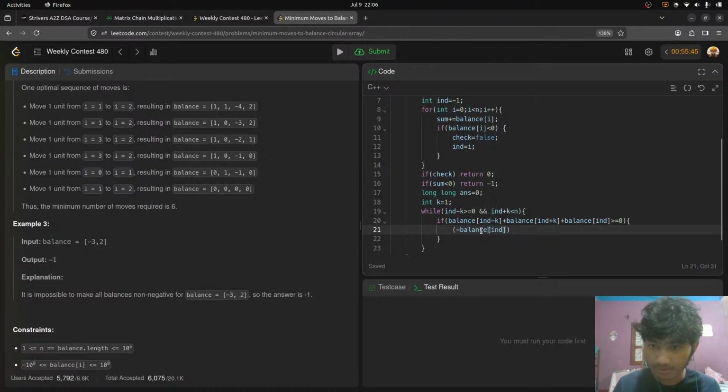this once, how many times? K times, right? 1 time or 2 times or 3 times, whatever it is. So answer plus equals to this thing which I'll do, and then I'll just break. Else if